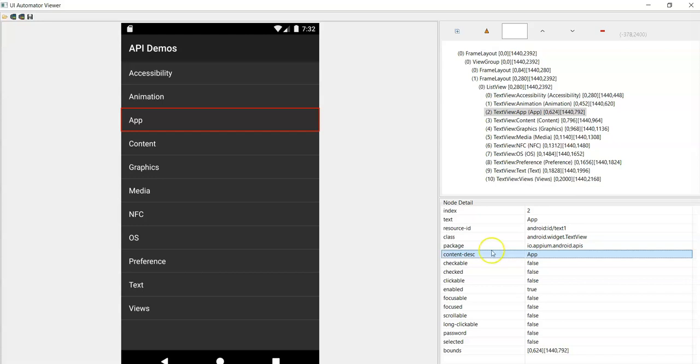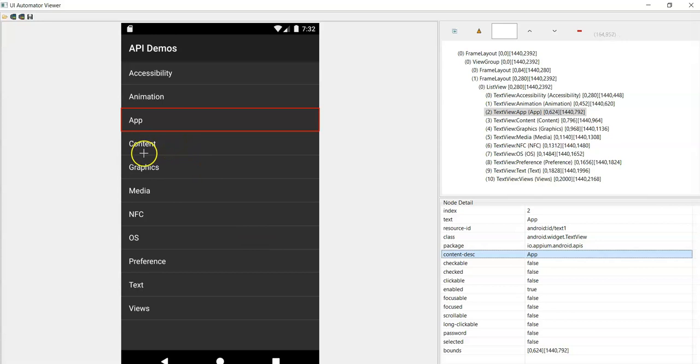So content desc can be used as accessibility ID. That is find element by accessibility ID, and the last one is find element by Android UI Automator. Let's see different examples with the Android UI Automator strategy in the next lectures. Now you understood how to identify the locators using the UI Automator tool, right?